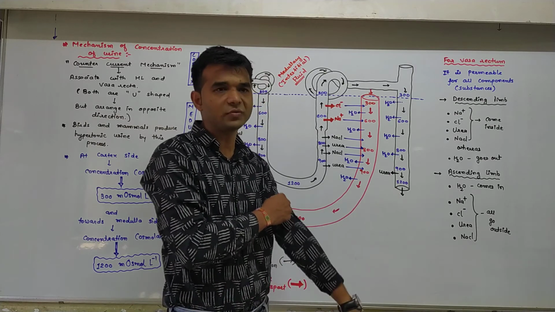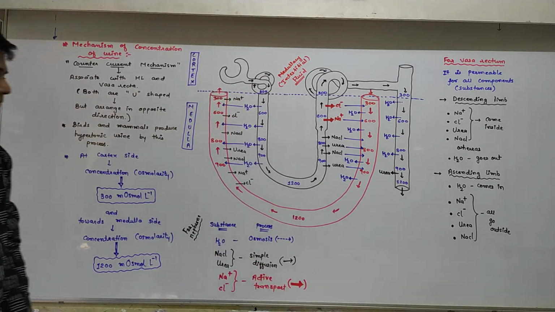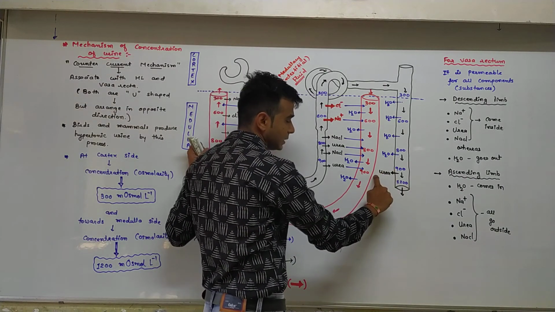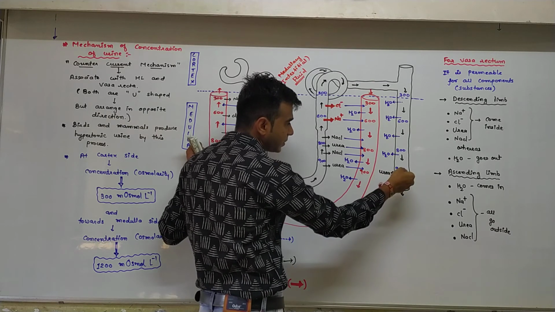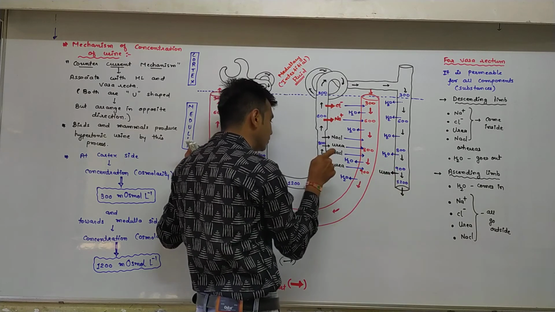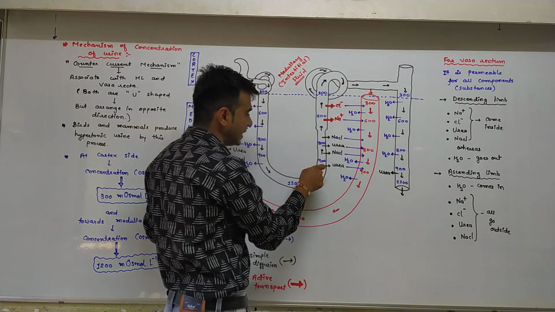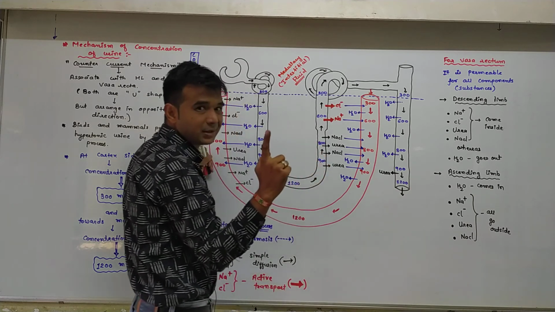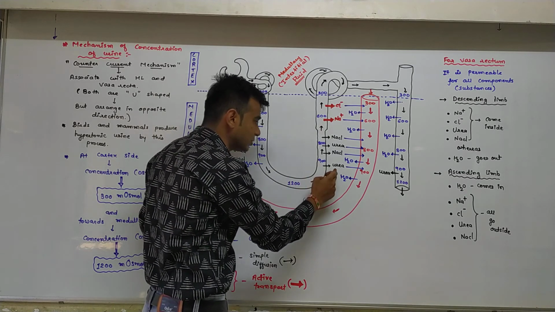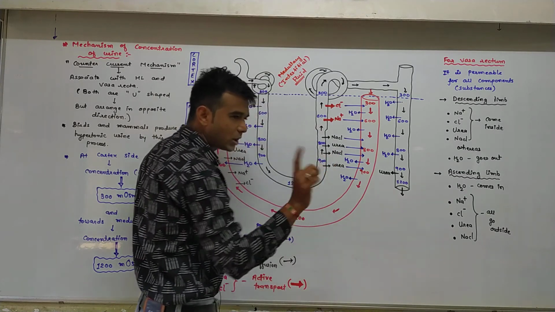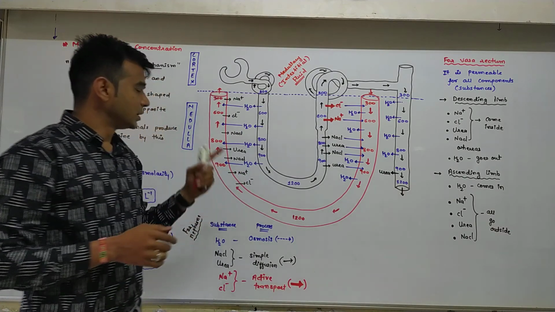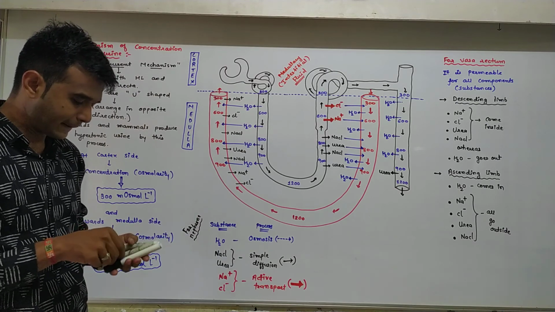So if more urea is present in the urine, then it is absorbed by the medullary fluid from the lowermost portion of the collecting tubule and then poured back into the ascending limb, because this is permeable for electrolytes. So urea comes out as well as goes in, but water is impermeable in this region. Fine. So what I mean to say here,